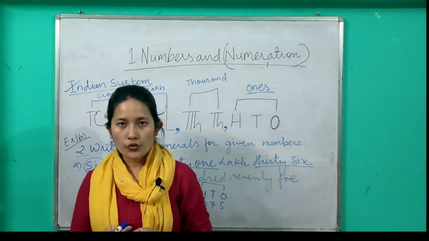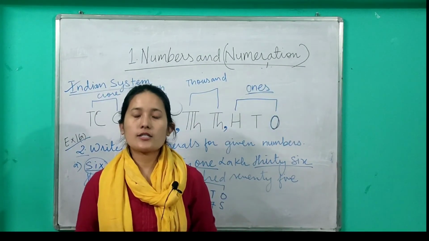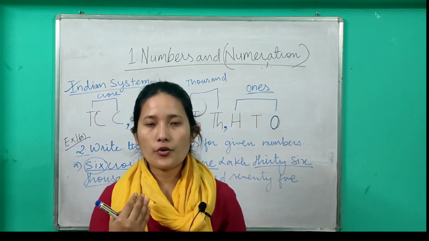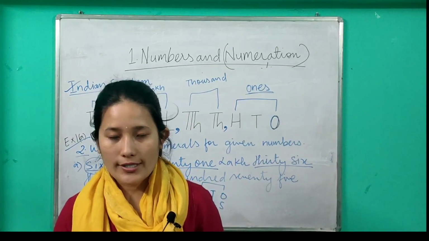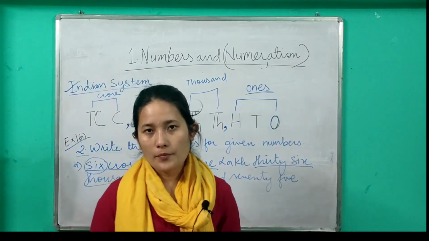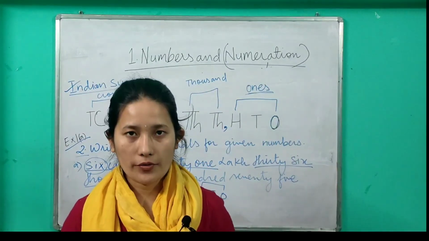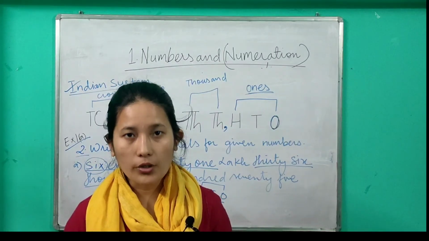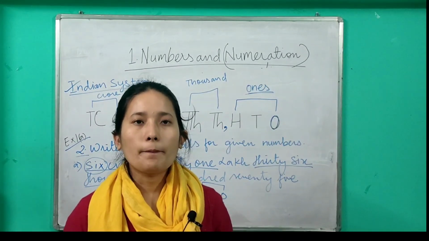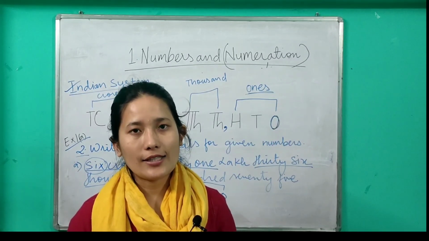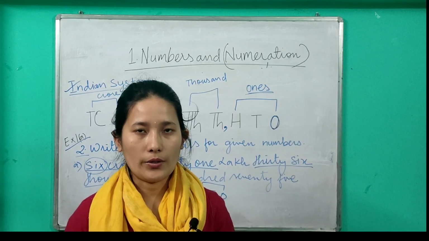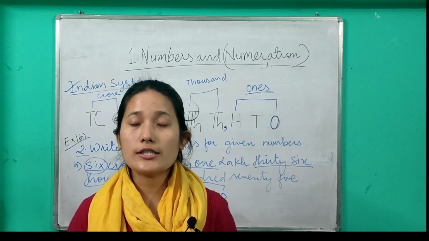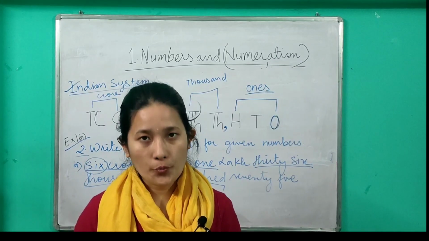Similarly, it's your homework or duty to do the rest of the questions from exercise 1A, questions 1 and 2. From question 1 I have solved 3 questions, so you will solve the remaining ones, and from question 2 I have solved 2 questions, so you will solve the remaining ones. Even though I will be sending you the answers, you too have to solve them on your own for practice, and then you can correlate them with the answers I have given you. Is that clear? Thank you. That's all for today's class. In the next class we will be discussing the international system of numeration.